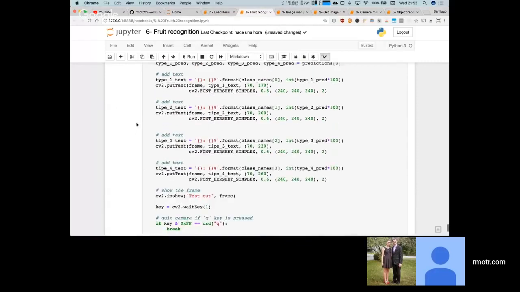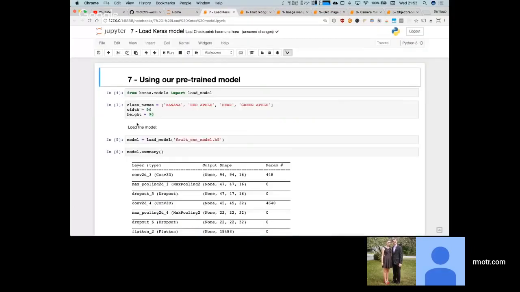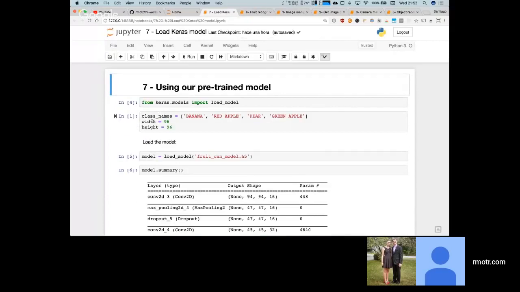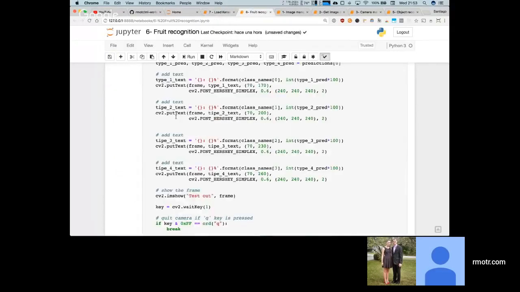So that is, again, the model working live. Guys, we've trained this model live. We didn't have this planned. I was actually going to use something different, loading the pre-trained model, right? So something you guys can do here